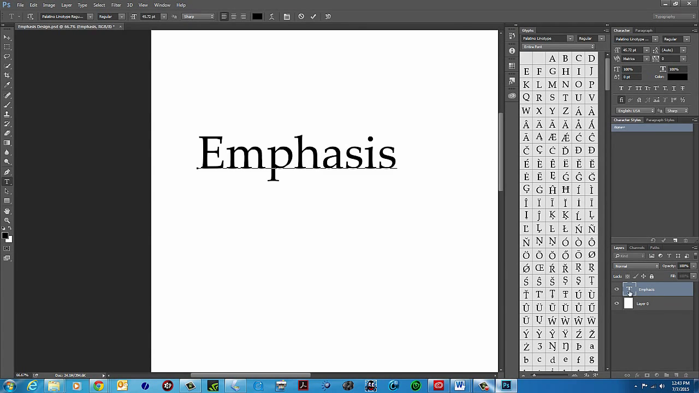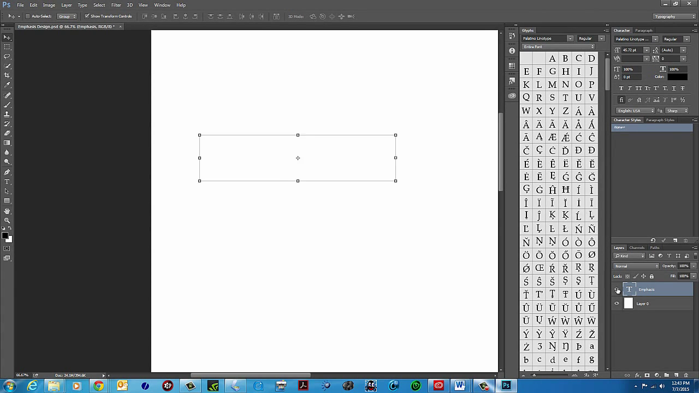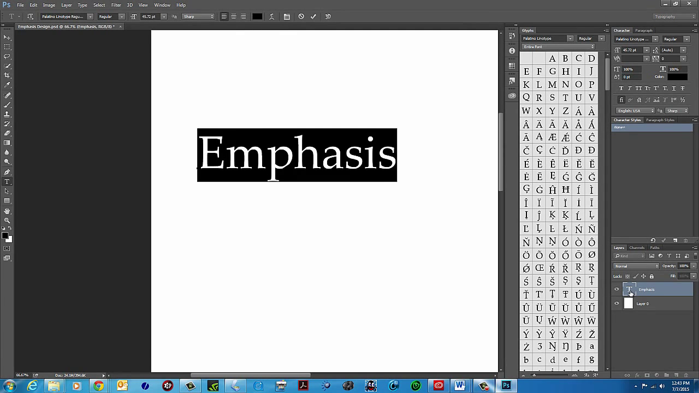Once again, what I did is I went to the big T next to the word emphasis on my top layer here. By the way, I can turn that layer on and off with the eyeball once again. Double click it so it's highlighted. Now what I'm going to do is go way up top along my options bar here, and you'll see below